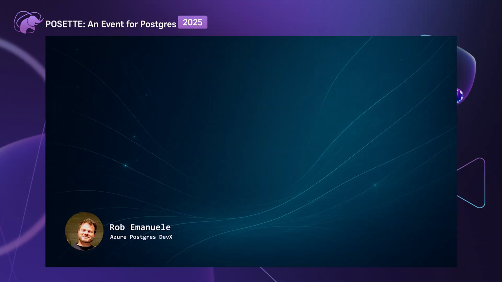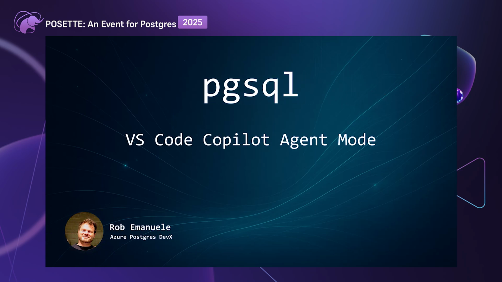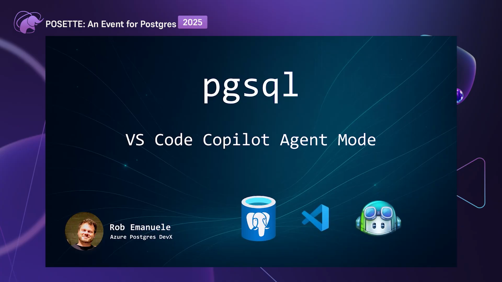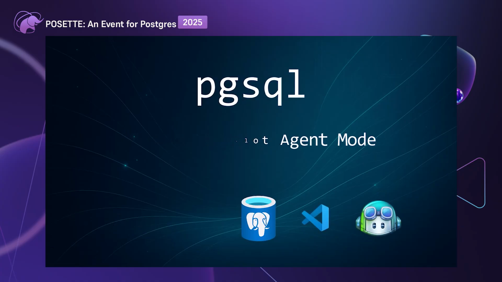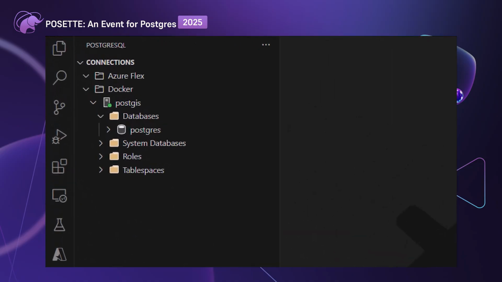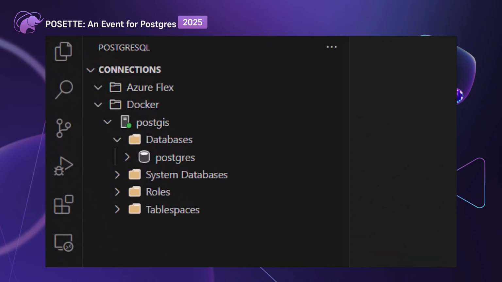Hi, I'm Rob Emanuel. In this video, I'll show you how easy it is to build a database-driven app using Microsoft's PostgreSQL VS Code extension and GitHub Copilot agent mode. Let's jump right in. We see here a Docker Postgres server that I set up with our extension, which we